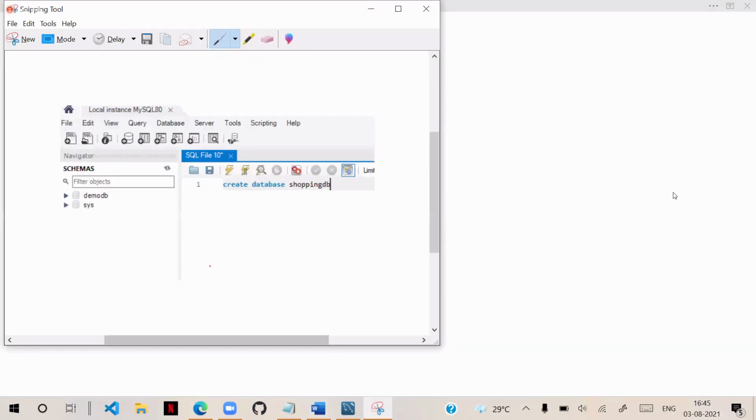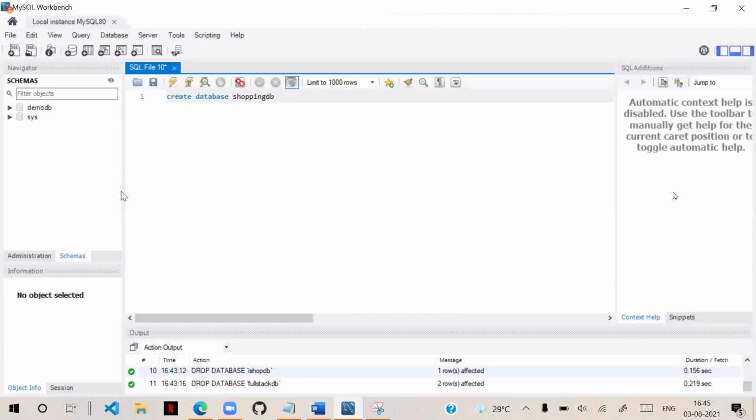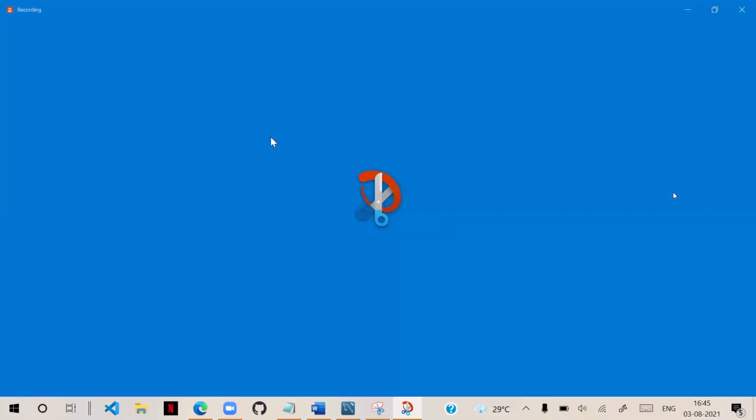This is the query window. You can see here the new SQL query tab, the plus mark. You can click that to create a new SQL query tab.